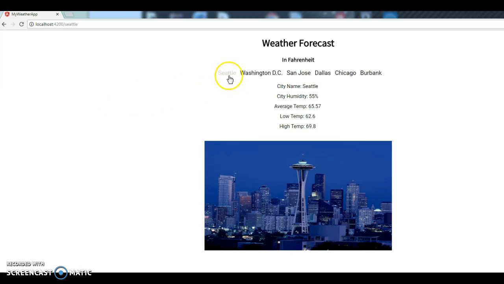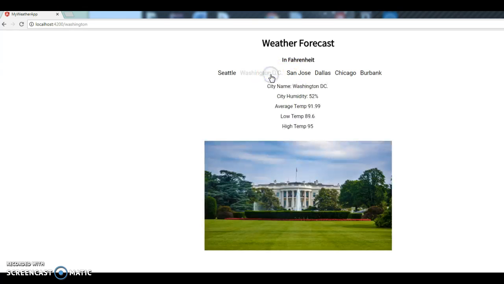And we're going to be taking these variable names, placing them through our OpenWeather API endpoint, and then we get this information back. So we're going to get the information for each city back in terms of Fahrenheit and their humidity as well. So upon hovering on each link, it will turn light gray,